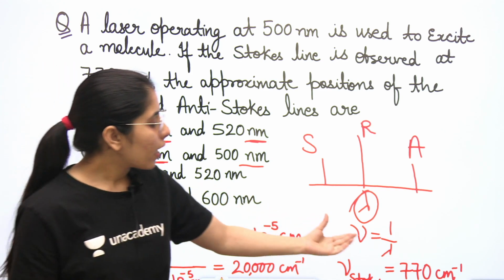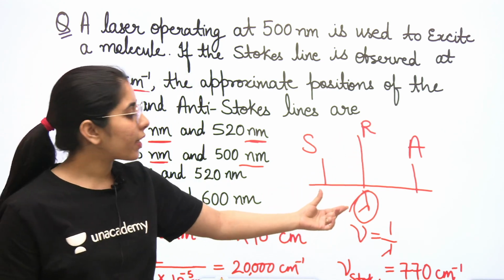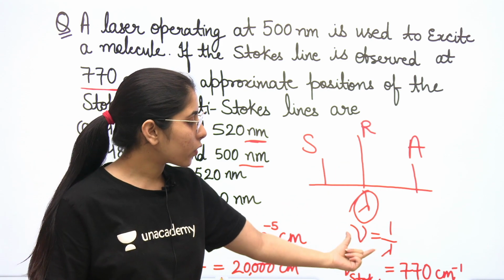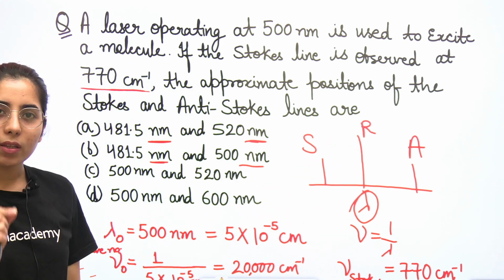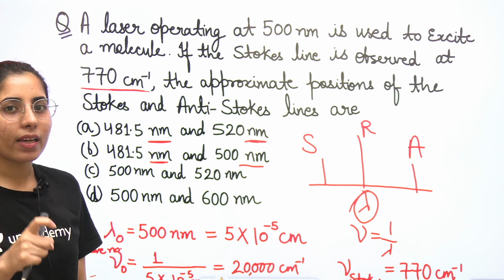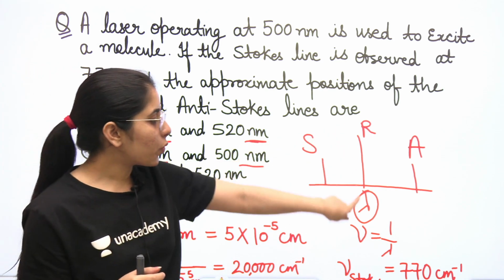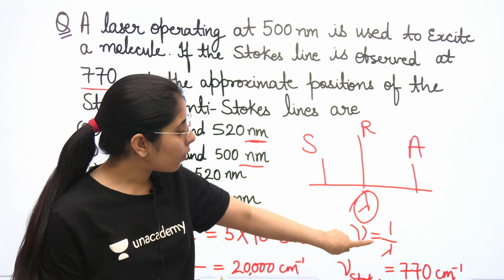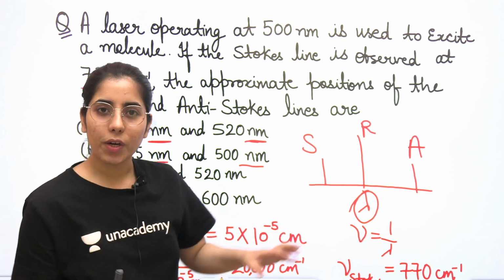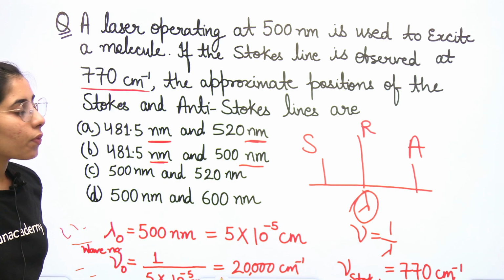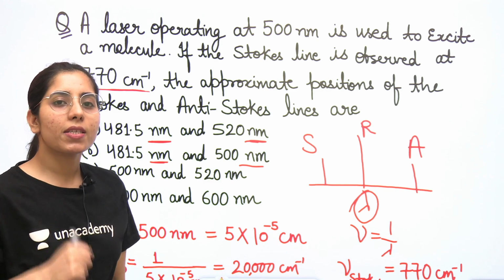So you can see, this is the wave number you will get to know with the R. For the Rayleigh line, what is the wave number? That's what you will get to know about, with this formula: wave number is equal to 1 upon lambda. Clear? Once you get that, what will be your next step?